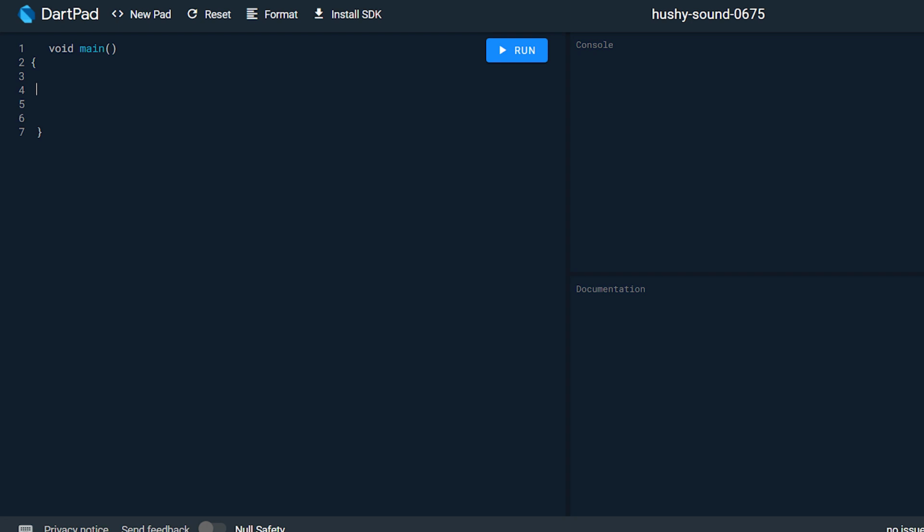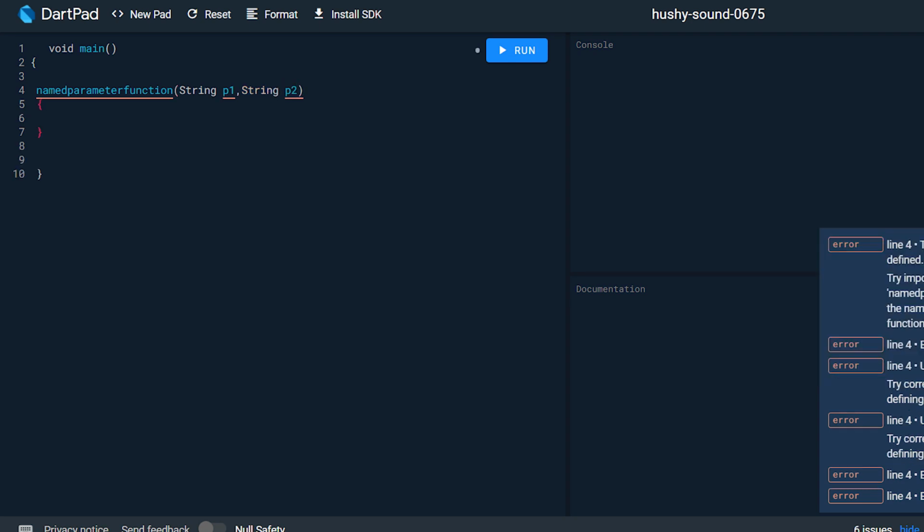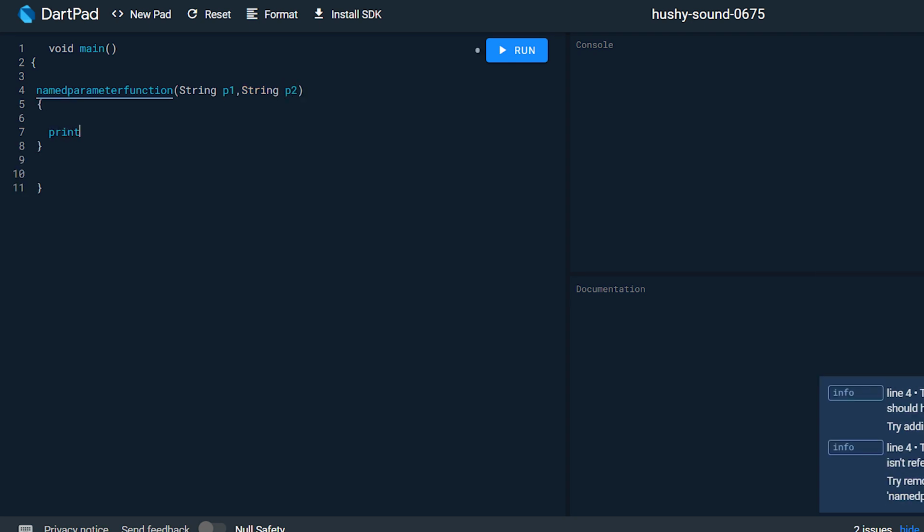So let's create the function. We create two parameters, p1 and p2, and print p1 equal to parameter p1 and p2 equal to parameter p2.